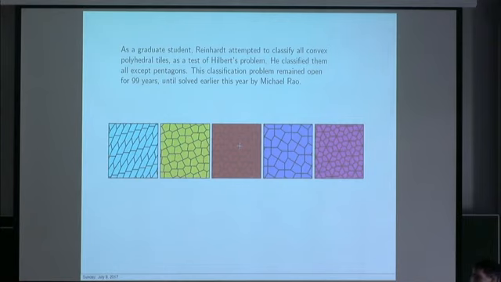And in his thesis, he found, well, the hexagons are easy. There are 3 families. Triangles always tile, so that's easy. Quadrilaterals always tile, so that's easy. But then he ran into trouble with convex pentagon tilings. In his thesis, he found 5 families, but he wasn't able to show that there were no other possibilities. So this then became the classification problem related to the second part of Hilbert's problem: to find all of the convex pentagon tiles.